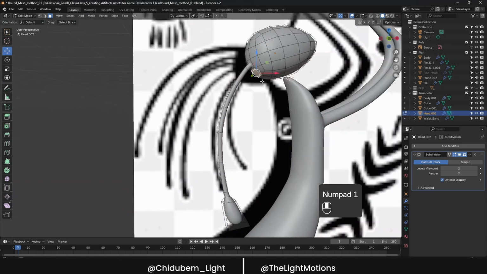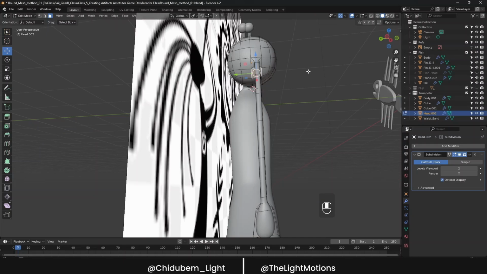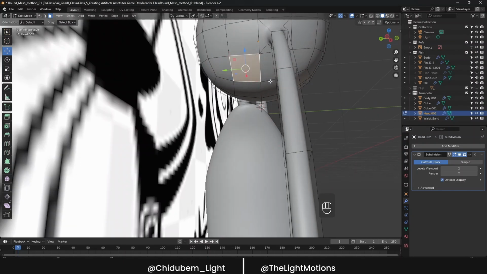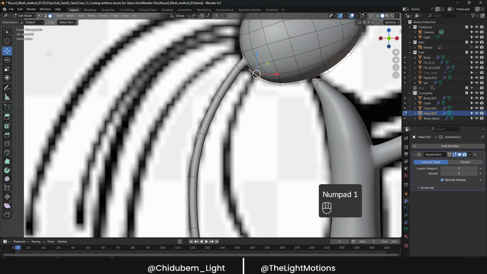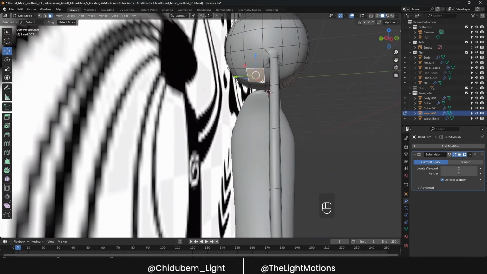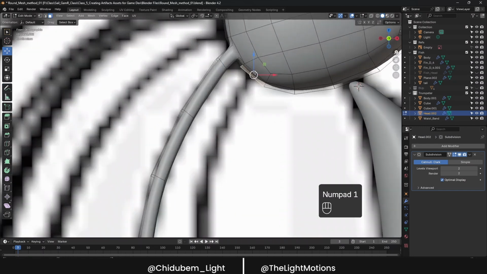Numpad 1. So next thing I'm thinking, shouldn't I select this one here to add some variation to it? So I selected the inner one here, right here, numpad 1. So once you have that selected, then